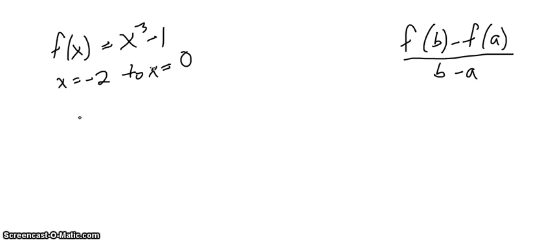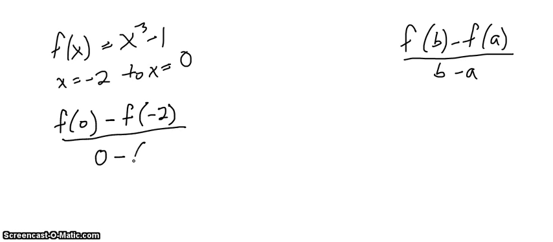Alright, so continuing on with solving for average rate of change mathematically, we're given the function f of x equals x cubed minus 1, and we want to find the average rate of change from x equals negative 2 to x equals 0. So again, we just follow the model and keep going from there. So we're going to take f of 0 minus f of negative 2 all over 0 minus negative 2. So when we start to fill things in there, we've got negative 1 minus negative 9